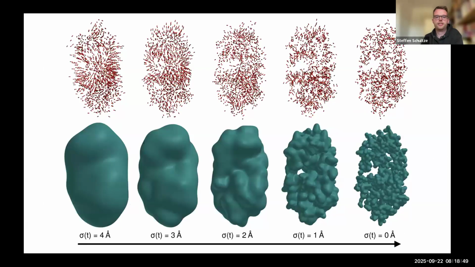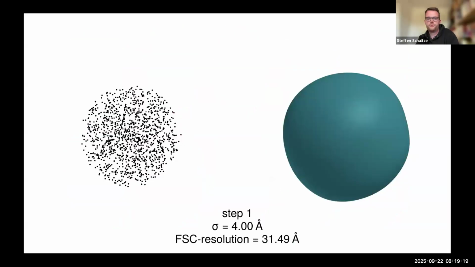And so what this looks like in practice is that we have a time-dependent smoothing parameter, which we let go to 0. In the top row, you can see the actual atomistic positions here. The red arrows are the current gradient, and you can see how the gradient is really smoothed by this. This allows us, in the beginning, to make very large-scale updates, and then as this smoothing parameter decreases to 0, more and more fine-grained updates. So I hope this works over Zoom.